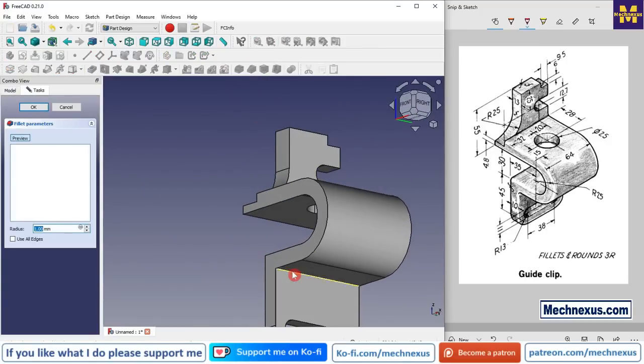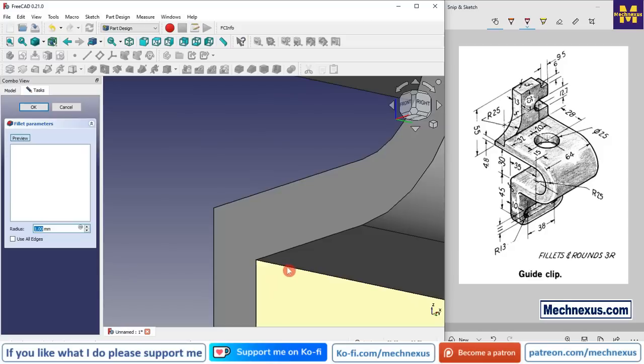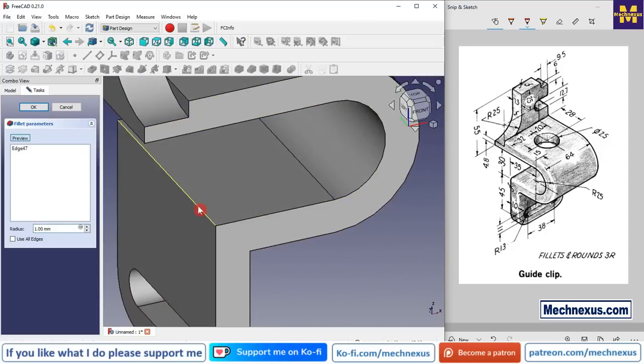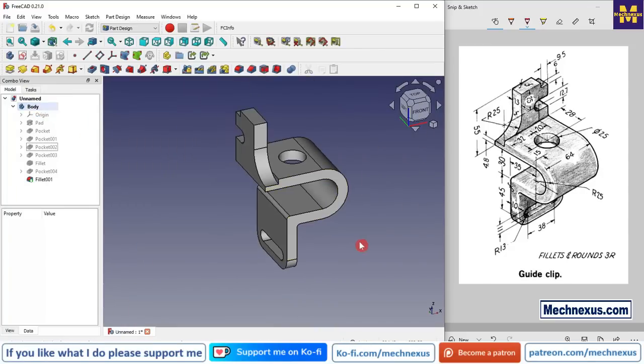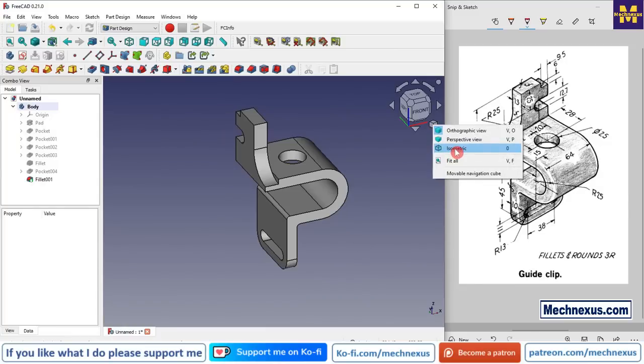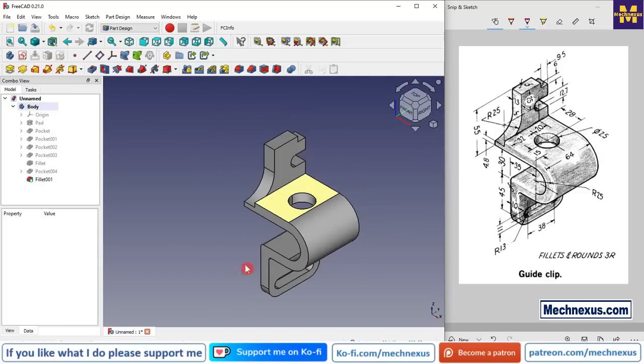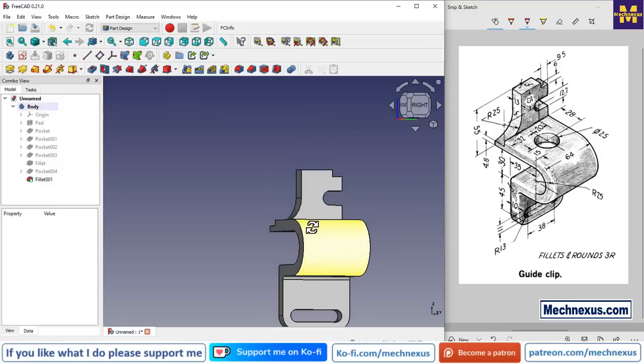I will select this edge, and this edge, and give the radius 3. Click on OK. Press Ctrl 7 for isometric. Now you can see that we have made all the features of this guide clip,